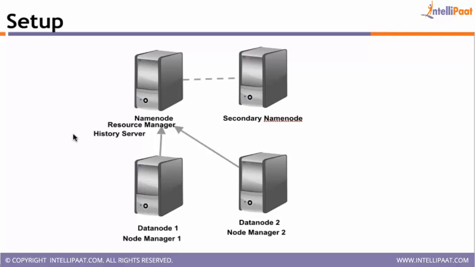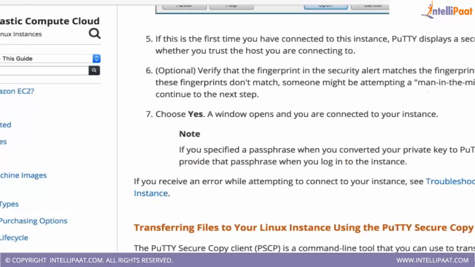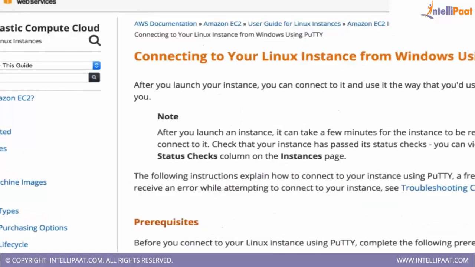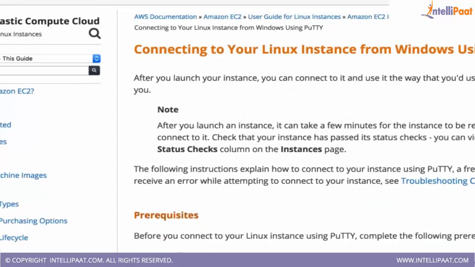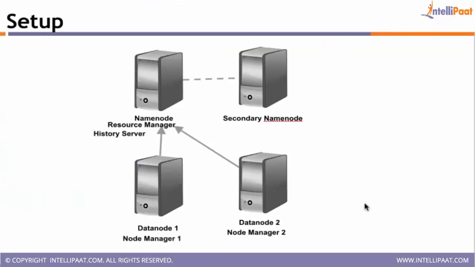Yeah, but in PuTTY, when you are trying to do it from Windows, that's not needed. You have to just follow the instructions which are given in the next link. They might have given the complete instructions, right? Yeah, because Windows doesn't have that kind of chmod command at all. Thank you.